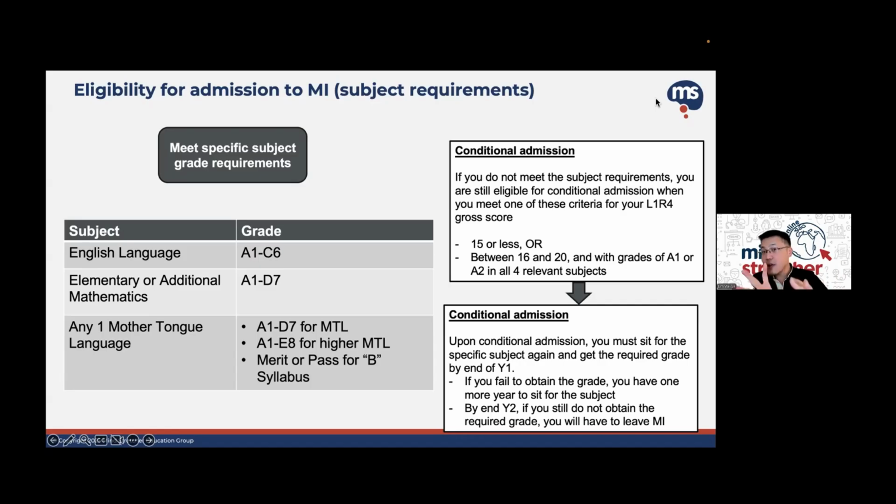So these are the two main considerations for those of you who are wondering between JC and MI. That would be one of the considerations too. So whether it's manageable for you, in terms of 2 years versus 3 years, and also in terms of the stream and the kind of programs that you would like to be offered. So that's the other thing.